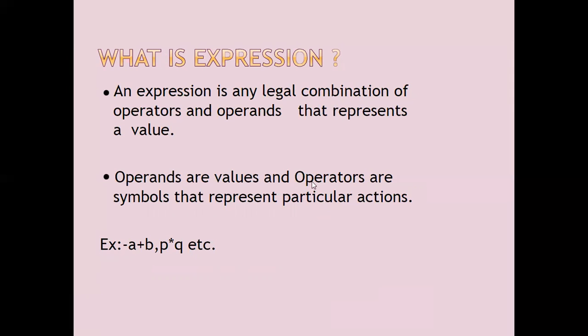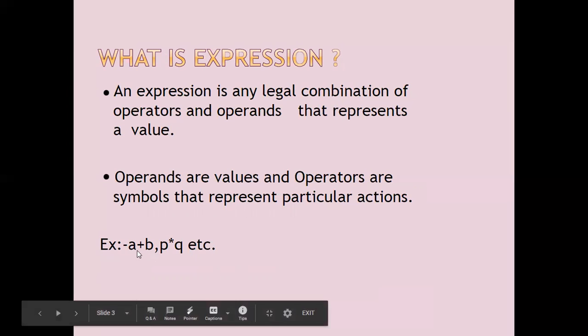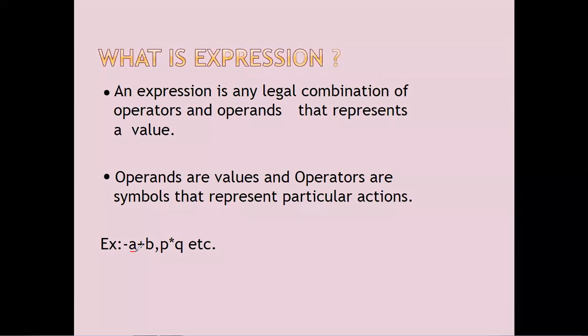So for example, the operands are values, we can say a and b, these are two values in the example here, so you can easily understand the concept. First of all, a and b are values, or we can say the operands, and the operators are plus, star, minus, division. So an expression is a combination of operands and operators. We'll see in detail what exactly the operation is.